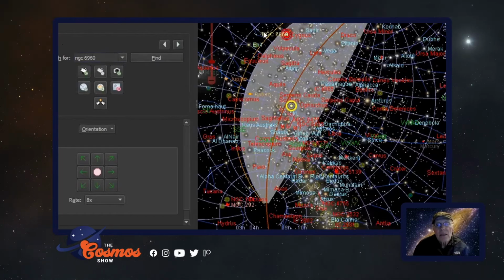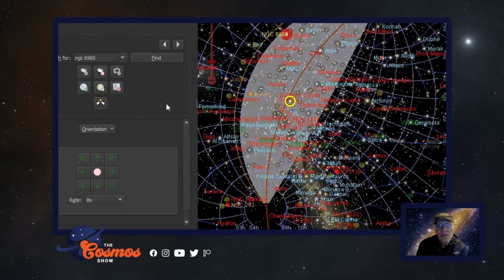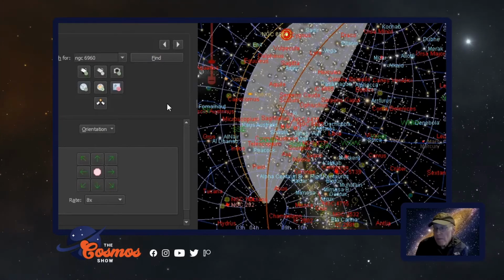And it's actually up here, a little bit towards the north and west of where we're pointing right now. So now I'm going to tell the telescope to go there, and here it is, and it's going to shoot right up there quickly. Now, this is a very different type of object. All the objects tonight are nebulas, and the first one was a planetary nebula, which is a leftover remnant of a sun-like star. We looked at a gaseous nebula,